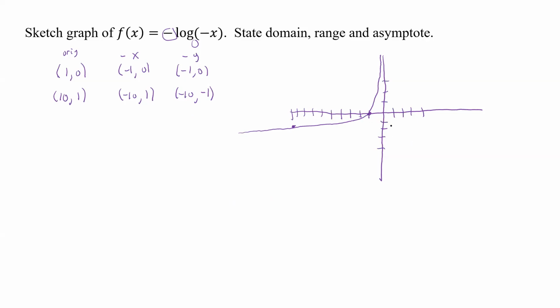graph looks like. Now, what is our asymptote? Well, our asymptote hasn't changed. That's still going to be x equals 0. Now, what is our domain, though? Well, our domain is what x values. Well, we're going from negative infinity all the way up to 0, and so that has changed. What about our range? Well, we're going from negative infinity all the way to positive infinity, so that actually hasn't